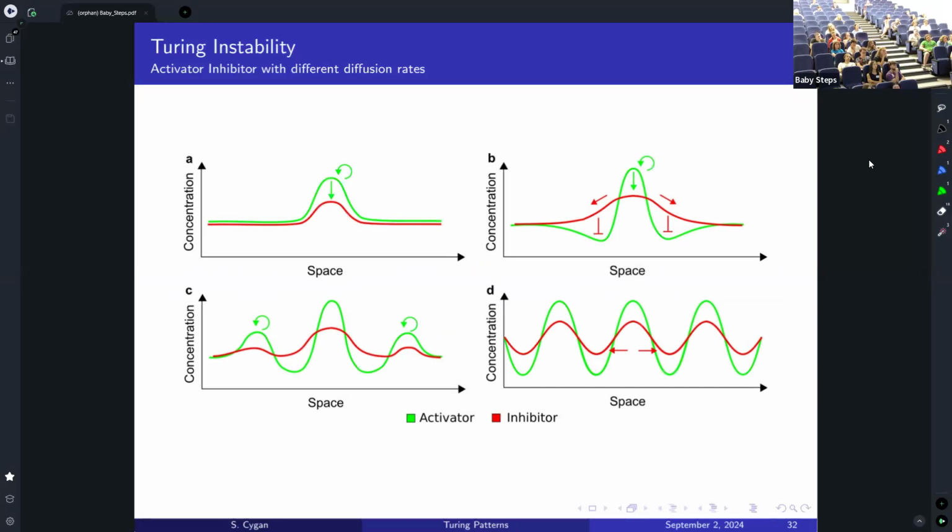Inhibitor is also produced. But now, inhibitor will not force activator to go back to the initial steady state, because the inhibitor is diffusing really, really fast, which means it will spread out along the domain really, really fast. At a certain point x, where the amount of the activator was increased, the value of the inhibitor is too low to force the activator to go back to the initial steady state, and it will grow even more. So therefore, now our solution will not go back to the constant steady state,